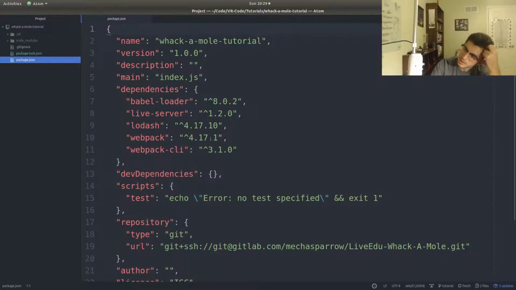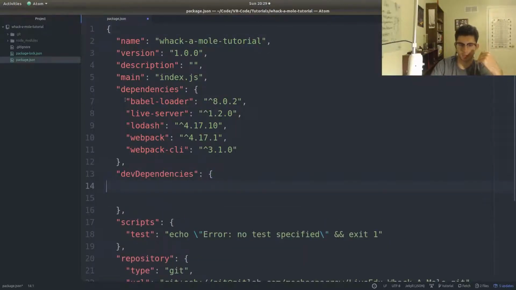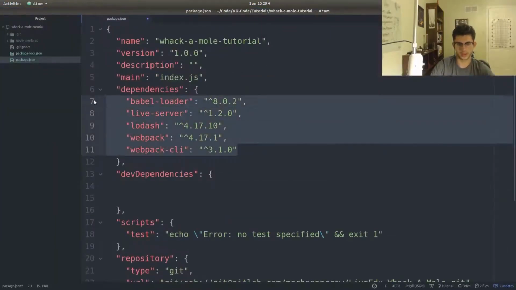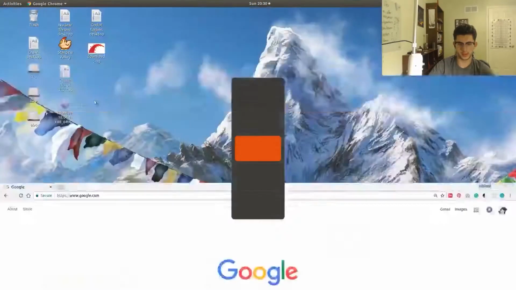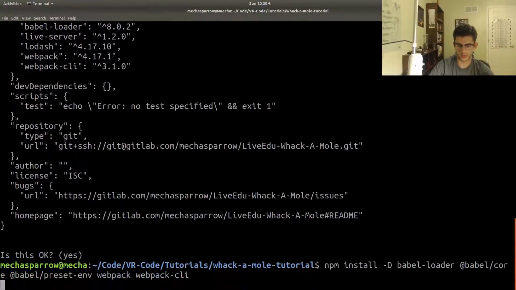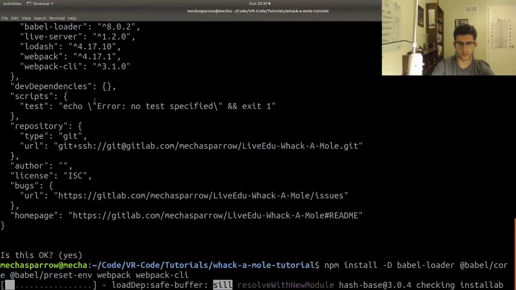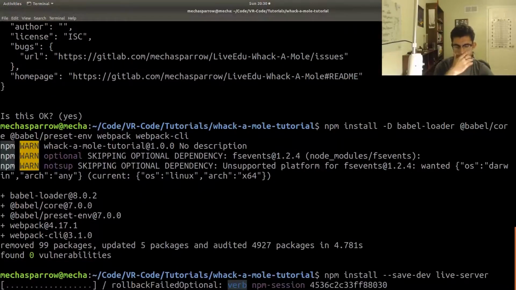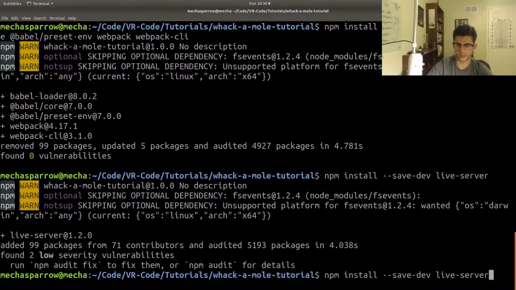Dev dependencies, it doesn't know about that, so we're going to move some stuff around so it knows exactly what we're talking about. So for dev dependencies, okay, we have to rerun some of these commands so it works correctly. So you want to delete all of this, right? And we're just gonna rerun this command. We're gonna rerun that command so it saves correctly. Then we're gonna rerun this command. And then we're gonna rerun